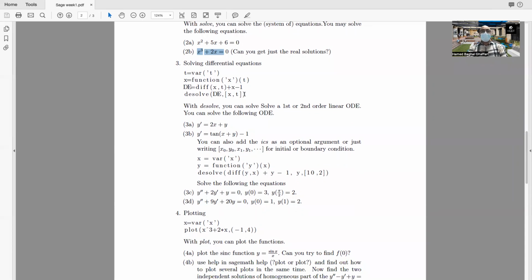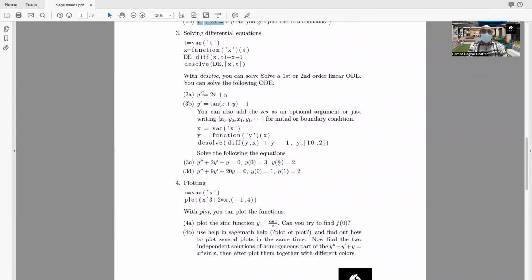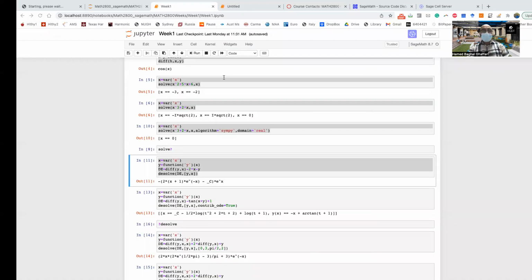Question 3 teaches us the desolve command for us. So we see that y prime equals 2x plus y. y prime equals f of x, y. We need to write it as y prime minus f of x, y equal to 0. So everything should be on the left-hand side of the equation. So I should bring these two terms to the left-hand side of the ODE, okay? Therefore, I'm going to write